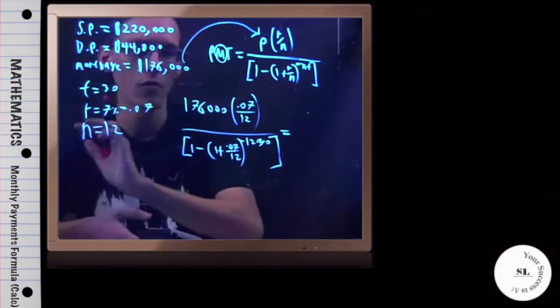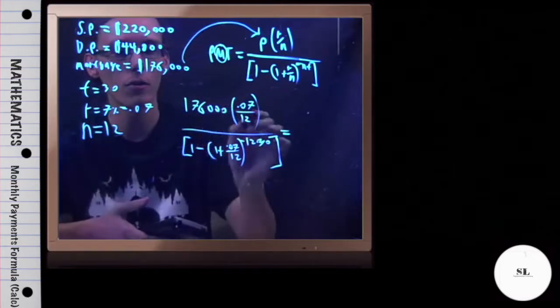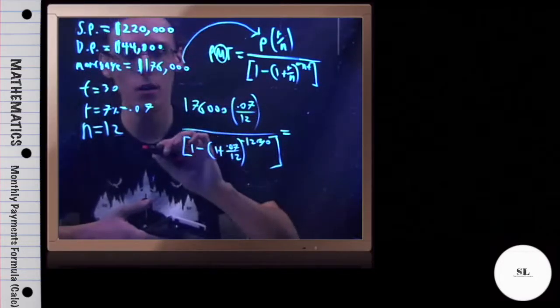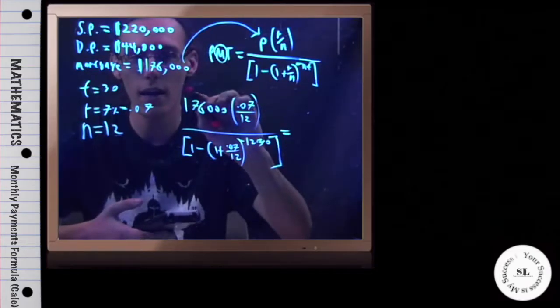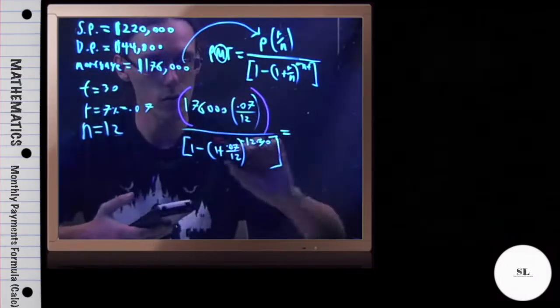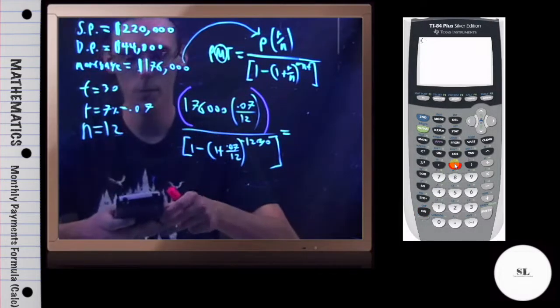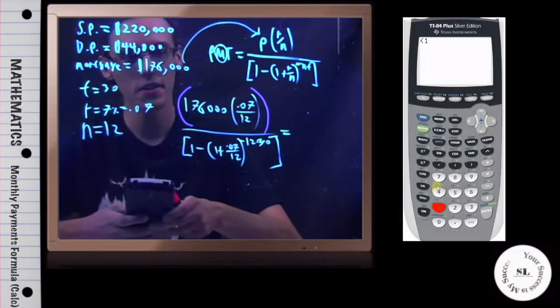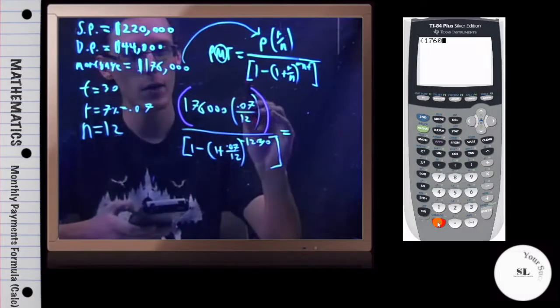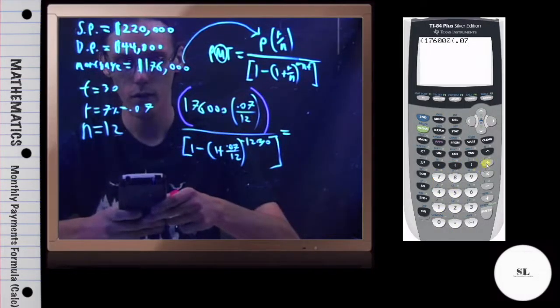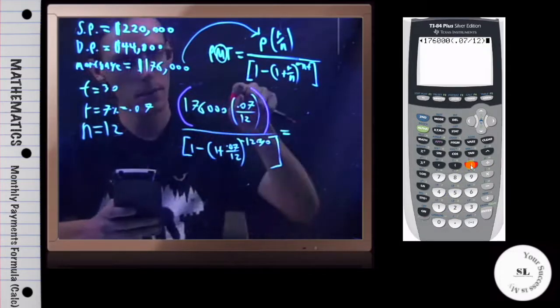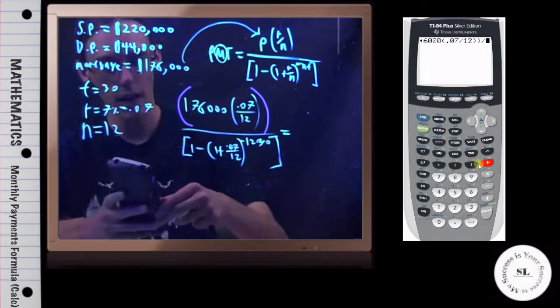So, first things first, I have more than one thing in the numerator, and I want to make sure that all of it gets divided. And so, whether or not I need it, I'm paranoid and I'm putting a whole set of parentheses around the numerator. So, open parentheses, 176,000. Now I open these parentheses, 0.07 divided by 12, close these parentheses, and then my paranoia parenthesis, divided by,